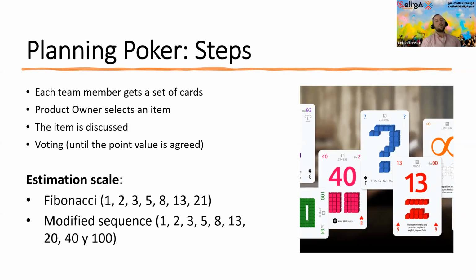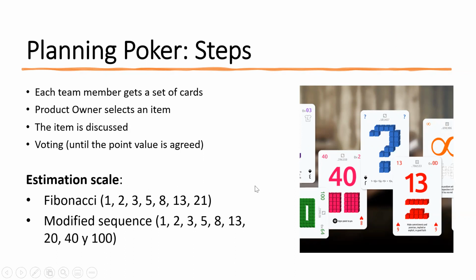Okay. So 3 and 5, usually 5 is more complicated than 3. We just need to define how much is the difference between an item that is easier to get done compared with an item that is a 5. It's more complicated, and usually it involves the effort and the time required to complete the item. So this is basically the difference: 3 is easier than 5, and 5 is easier than 8.